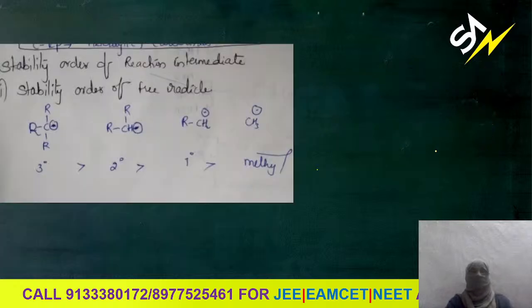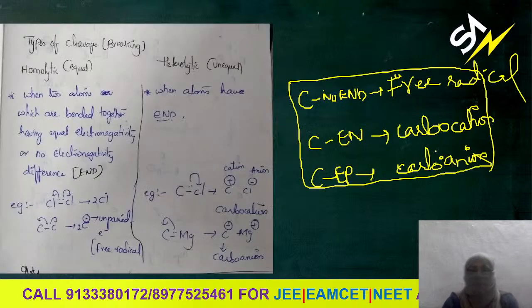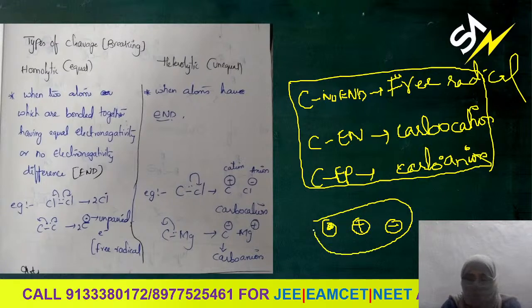Moving on to the next one, the stability order of reaction intermediates. What do you mean by reaction intermediate? Whether it is a free radical, a carbocation with positive charge, or a carbanion with negative charge, any of these will definitely be generated during a chemical reaction, isn't it? Because during a chemical reaction,